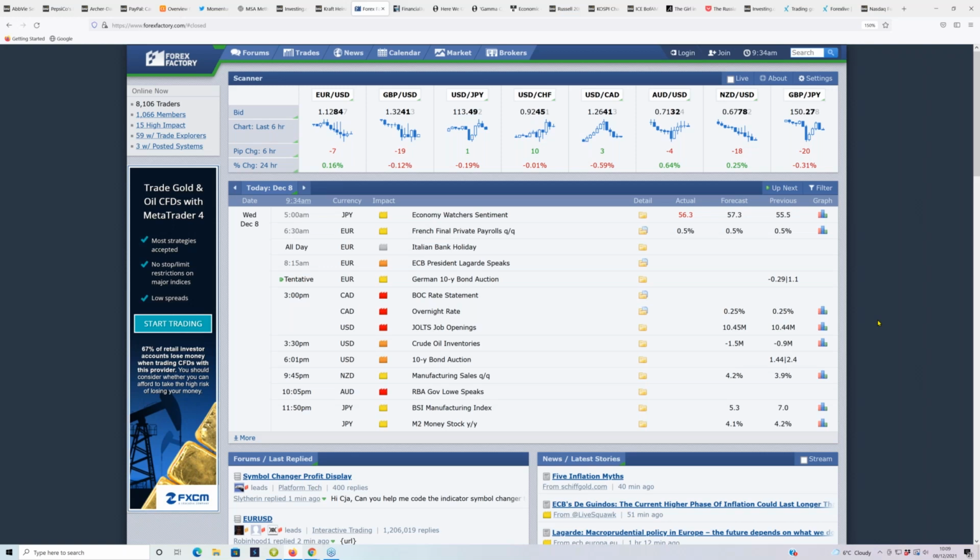So when we come to the news today, we look at what's going on. Well, we've got a rate statement from the Bank of Canada. The BOE, I think, is next week. And then, of course, we have the Fed as well. And it really pays now, particularly if you trade the British pound. There've been some comments in the press saying they're probably not going to raise interest rates this time around. They're talking about February, and that's part of the reason why the pound sold off quite heavily in the last couple of days.